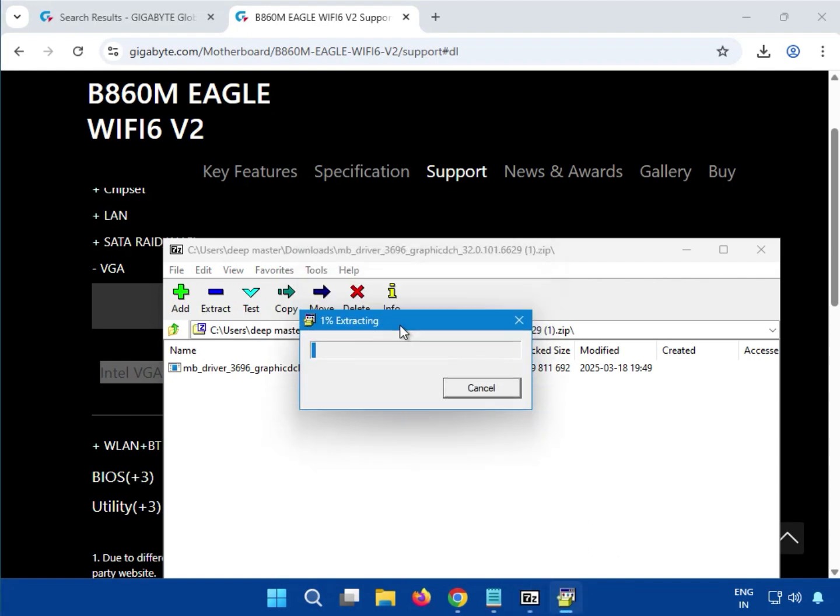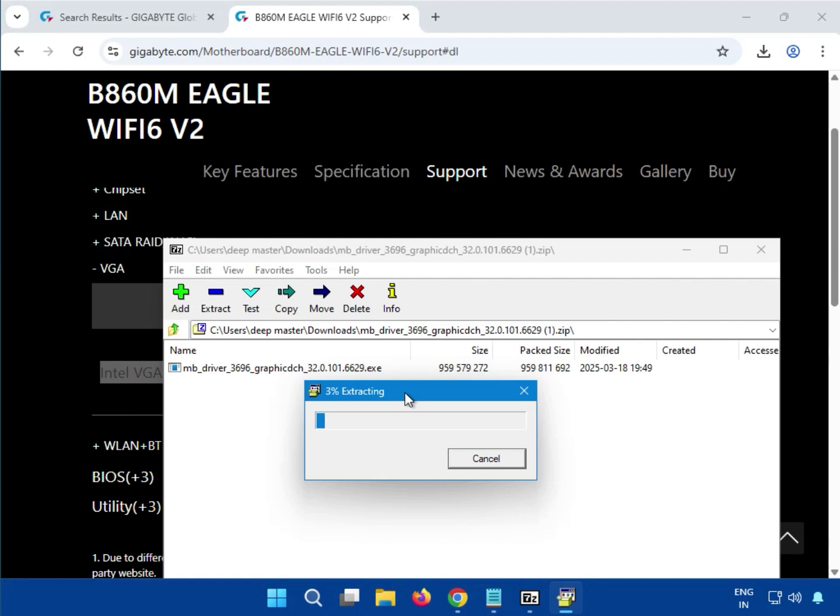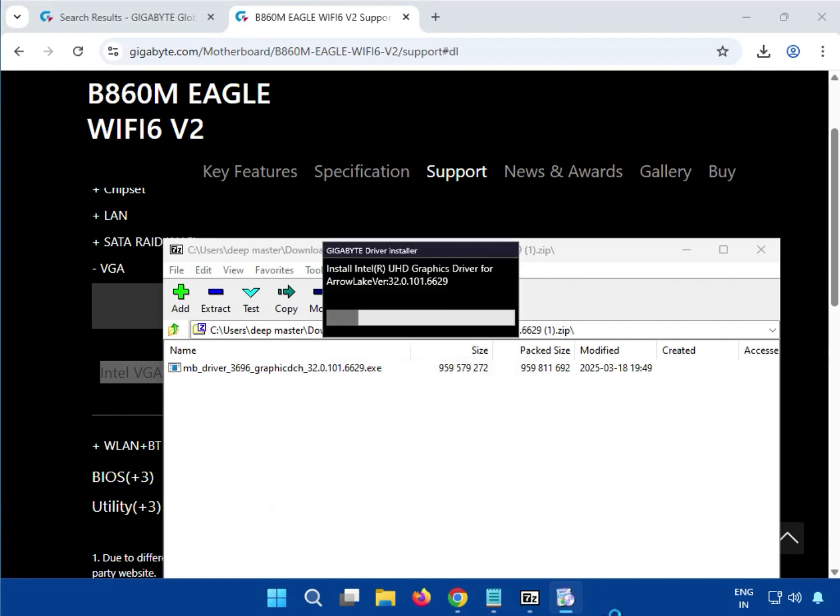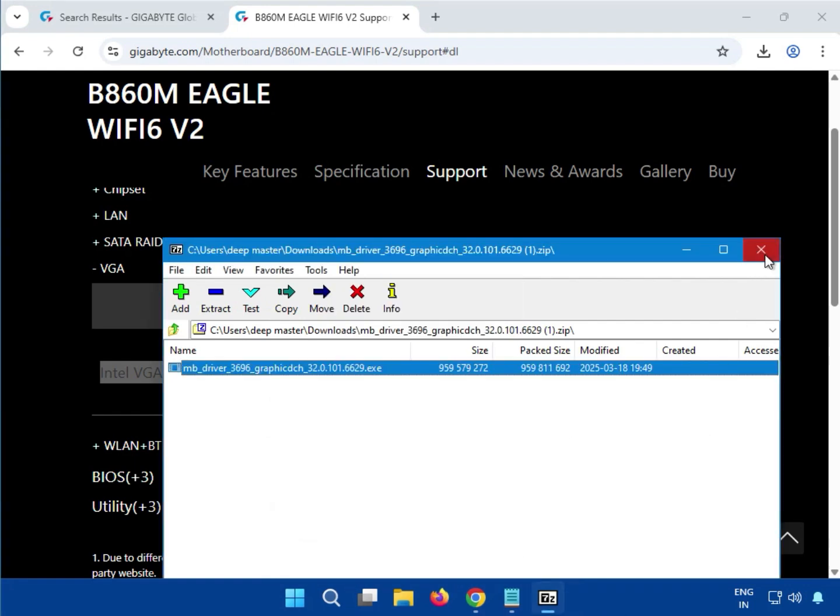Then it is extracting data. Then close and